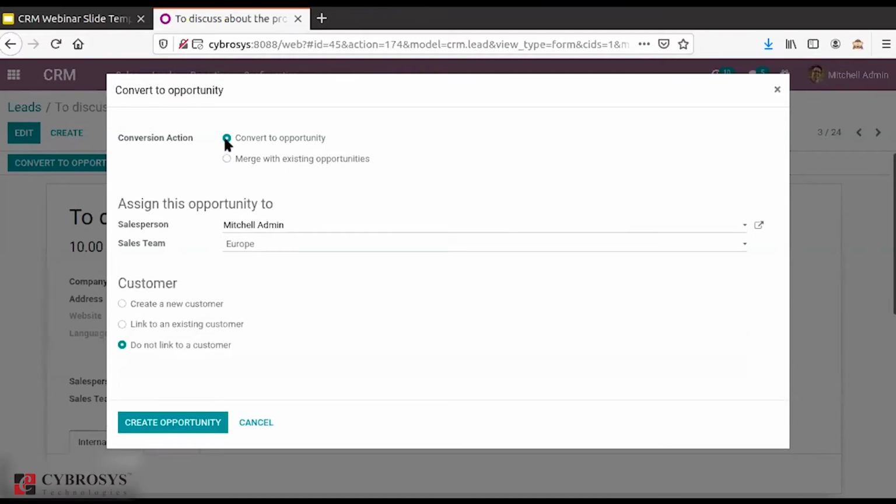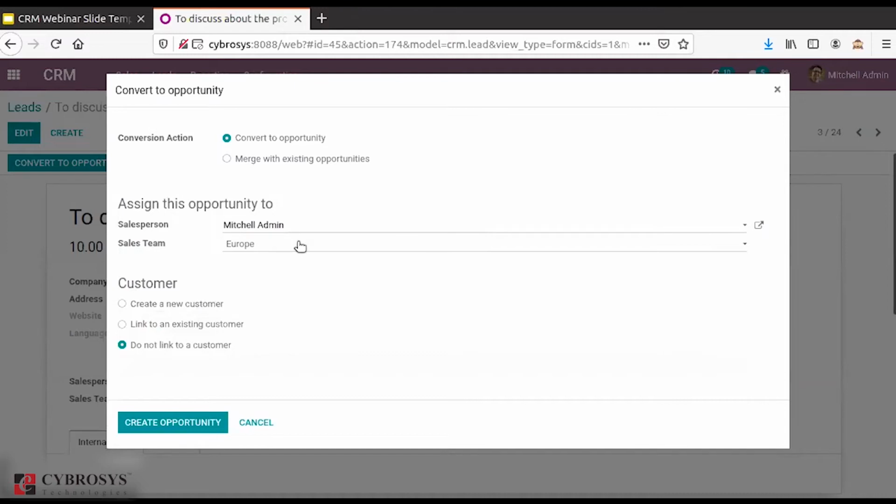Otherwise, when you convert this to an opportunity, you have other options like assign. You can assign this opportunity to a salesperson and a sales team.